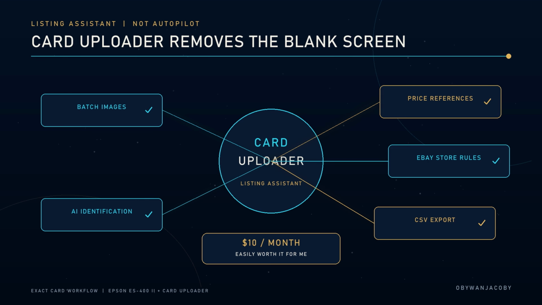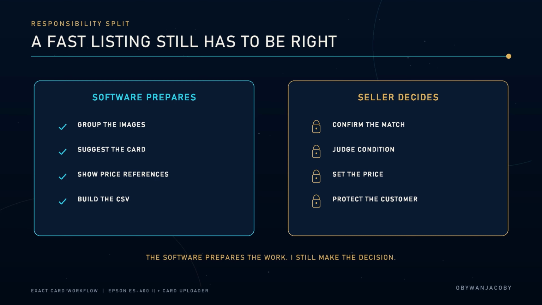But this is where the human part of the workflow becomes important. The AI scan is not as accurate as I'd like it to be. It's accurate enough to save time, but not accurate enough for me to trust without looking at the physical card and checking the match. It's an important distinction. AI can prepare the decision, but it cannot take responsibility for the listing. I still need to verify that it is the correct card, correct set, correct version